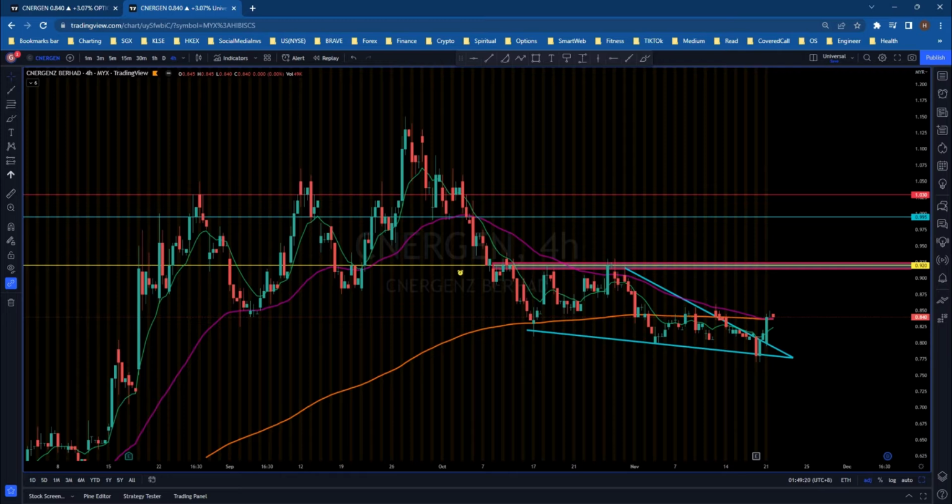So let's move on to this stock called CNERGEN. I love this stock very much. Recently it started to have good volume around 16 to 21st of November, but at the beginning it looks like there was huge selling from 113 cents to 82 cents, and then it tried to break this 92 cents